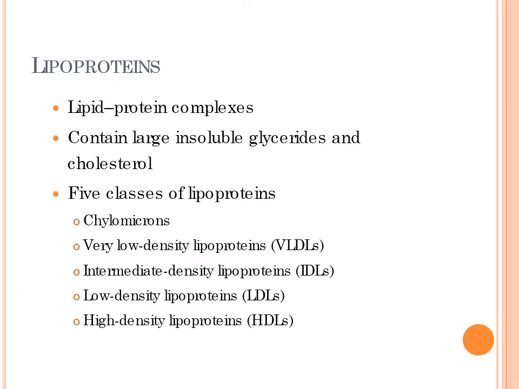Once they have lost some of their lipids, they turn into intermediate density lipoproteins, which are smaller. Our low density lipoproteins deliver cholesterol to peripheral tissues. These are what we call our bad cholesterol. When they check your blood cholesterol levels, they look for LDLs and HDLs. LDLs are generally considered your bad cholesterol, and HDLs are considered your good cholesterol. The LDLs are bringing cholesterol out to the periphery, and those are the ones that can build up in your